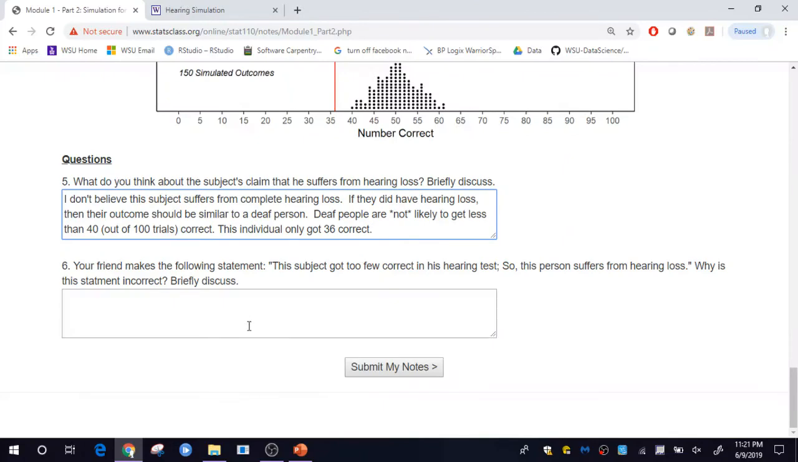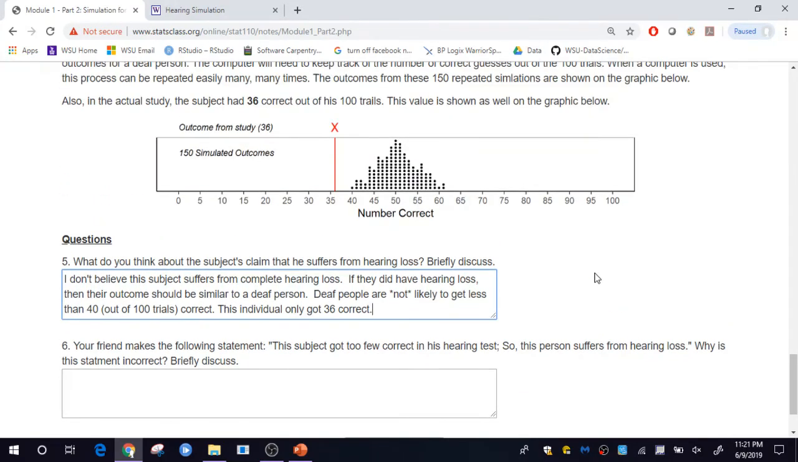All right, how about the last question? Your friend makes the following statement. This subject got too few correct in this hearing test, so this person suffers from hearing loss. Now that statement is incorrect because of the way that this test was done. So too few correct would actually indicate that they're lying because of the setup of this hearing test. Maybe if we do some other type of hearing test, not getting any correct would indicate that they're deaf, but not the one proposed here. The one proposed here, a deaf person would actually get some of the answers correct. So this statement is incorrect